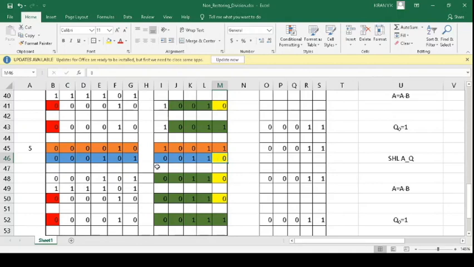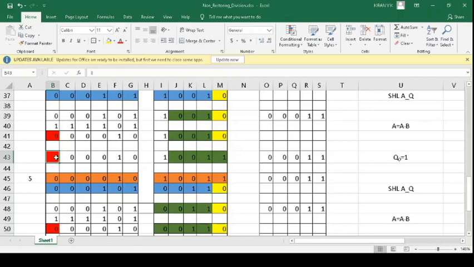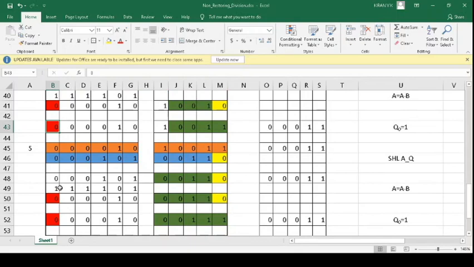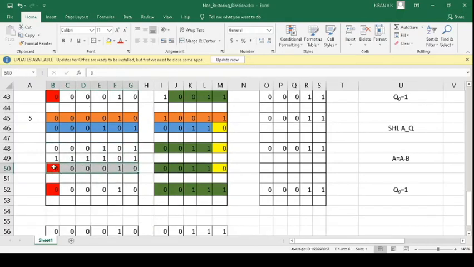Now we will look at the result of the previous stage, which happens to be positive. So according to the non-restoring division algorithm's rule, what operation has to be performed in the fifth iteration? It has to be the normal division operation. For that, we will do A equal to A minus B. So this is your A. Then to perform minus B, we will add the 2's complement representation of 3. We are adding these two things together. We got the result like this. Now observe the MSB in order to fix Q0. MSB is 0, or positive. It indicates a positive result. So Q0 is fixed as 1.